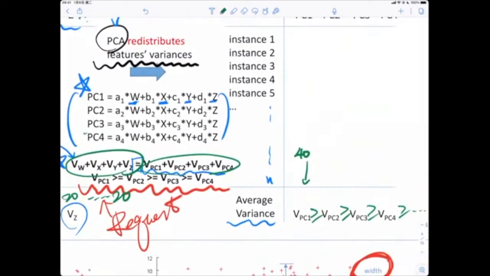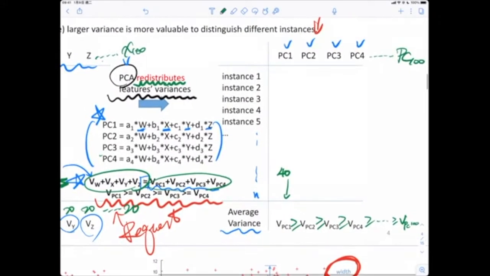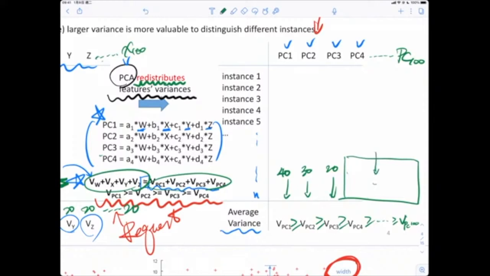However, because we redistribute those variance by using PC1, PC2, maybe PC1 has 40% of the original variance, and maybe PC2 has 30%, and so on and so forth. All the other dimensions only have 20% of the original variance.